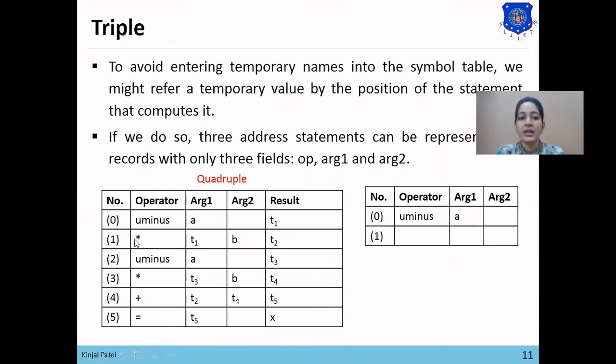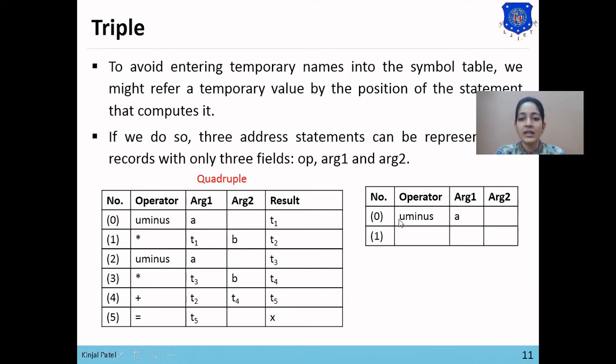Now next, at memory address 1 there is the instruction star T1 B, meaning T1 star B equals T2. Here T1 represents the result of the first instruction.